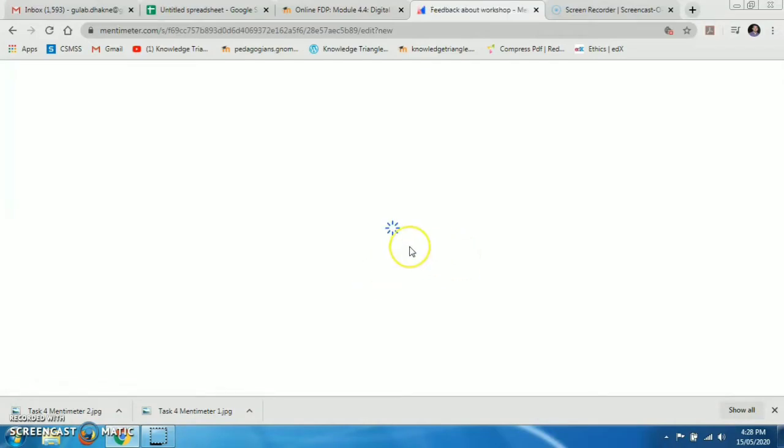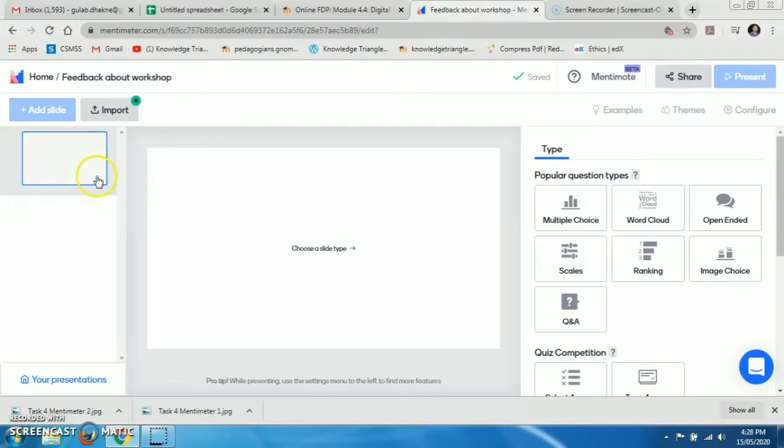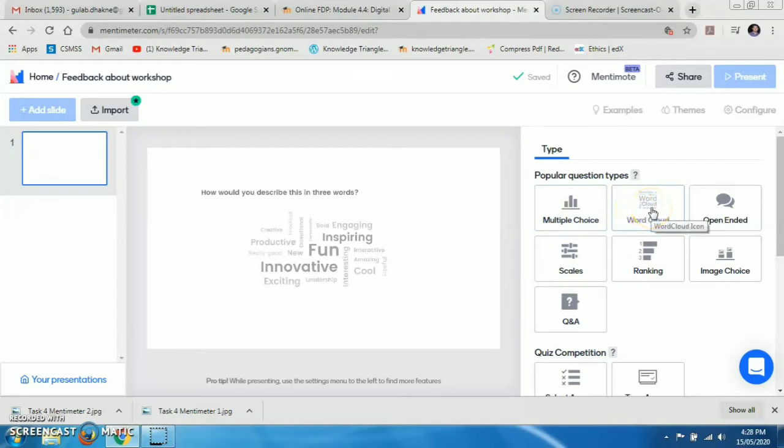So now this is opening. Here one slide you can see, and here you can add the questions. Different questions we can add with different response systems. This is the multiple choice response system. It may have multiple options. Multiple options can be chosen by multiple contestants or different students. Then this is the word cloud. Here different students, those who are giving the feedback, can write their answer in a single word, and these words can appear here with different sizes.